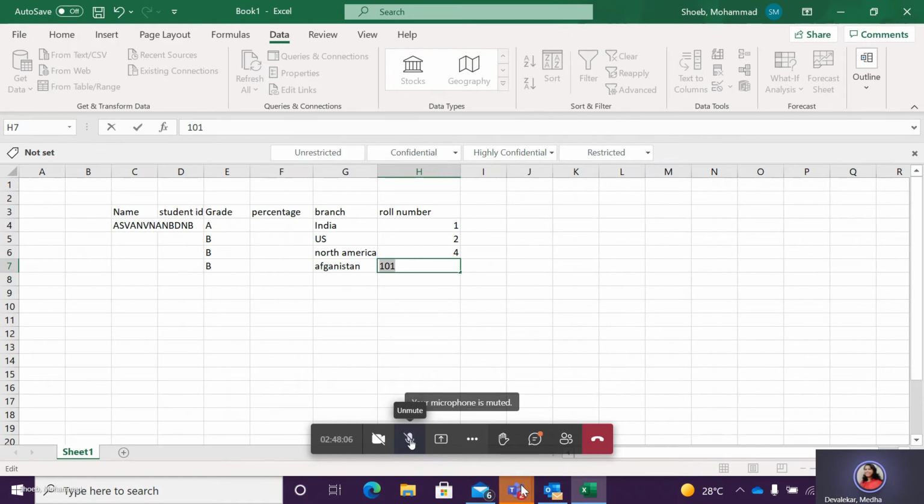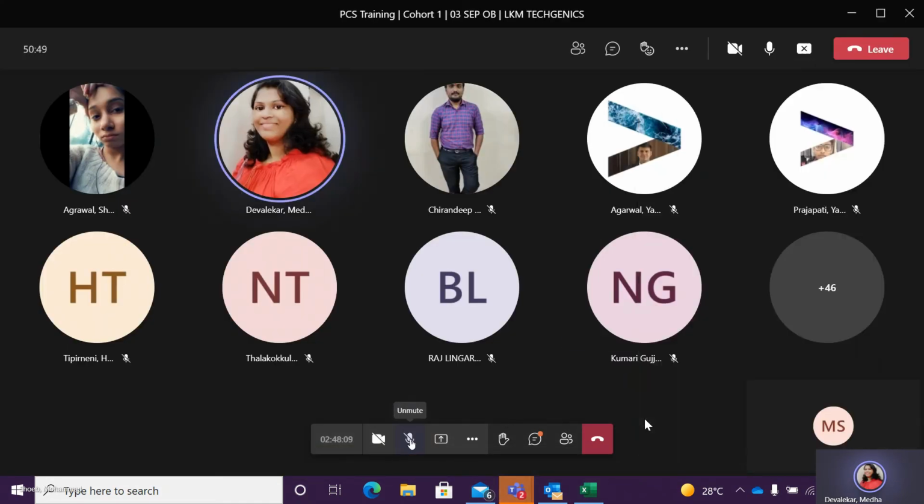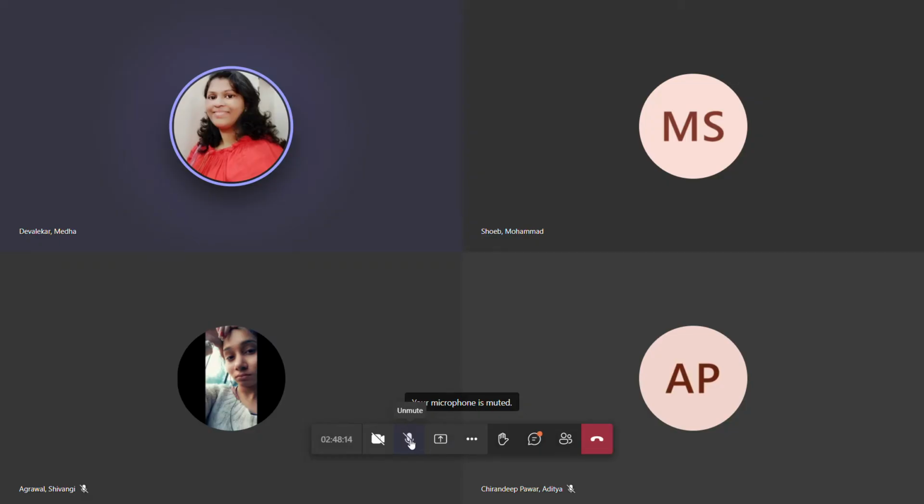Okay, thanks. So why we are using that dragging, you also need to understand, you don't need to write the same rule in each cell. It is like copying one rule into other cells. You can just copy that into the next cell wherever it is required, and then your work is done. Then you can just enter the values, and if the rule is violated, it will give you the error. Yeah. Thanks, ma'am.